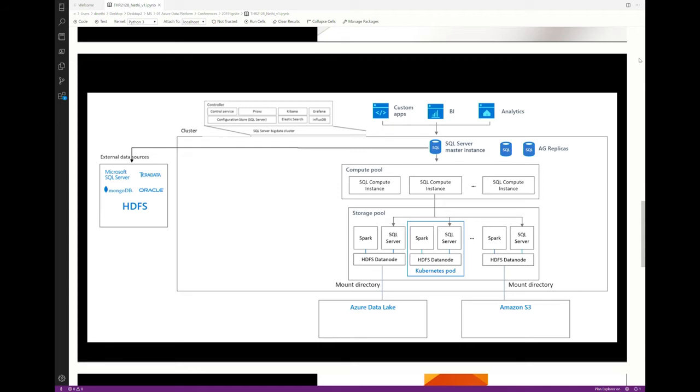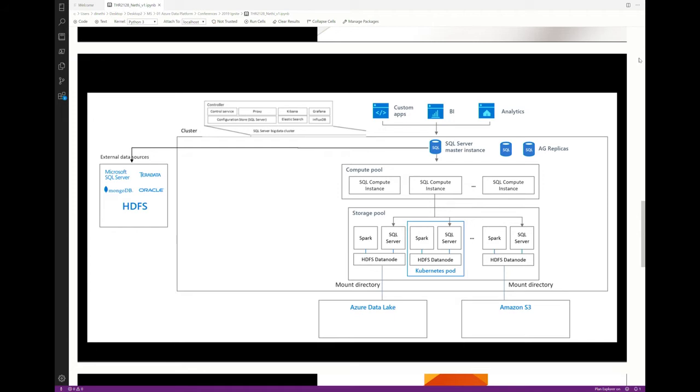So there is a control plane. The control plane has a bunch of services within it. There is a controller service that provides the management capabilities for your BDC. There is Apache Knox, that's a gateway. It provides the endpoints for all your REST APIs. There is Apache Livy that you can use to submit your Spark jobs.